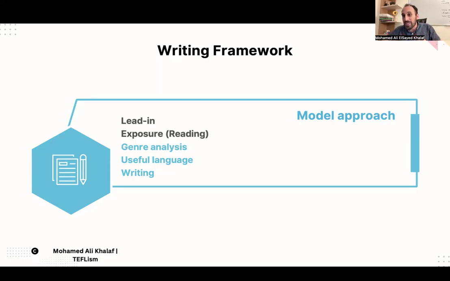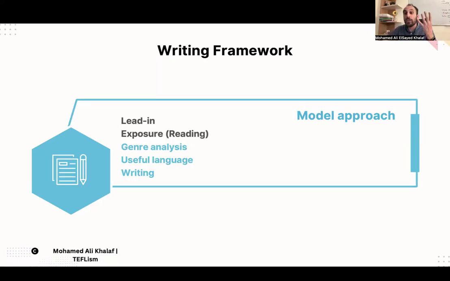What are the components of this piece of writing? If it's an invitation, you are helping your students to write an invitation. The genre analysis would be, we need to have the occasion mentioned in the invitation. So what is the invitation for? The place and the time, maybe extra information.